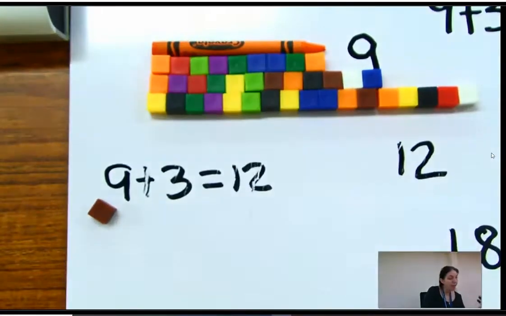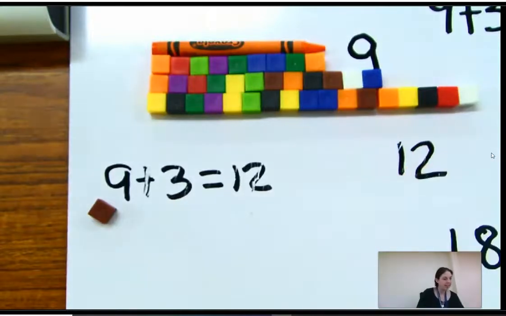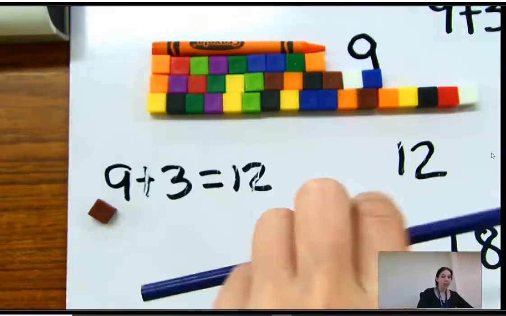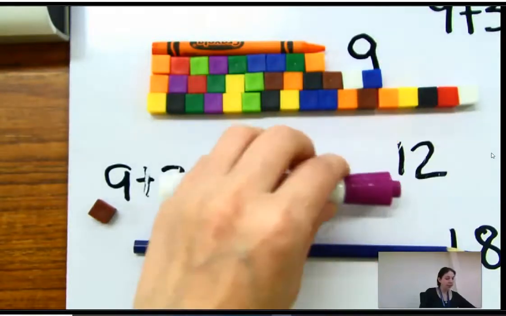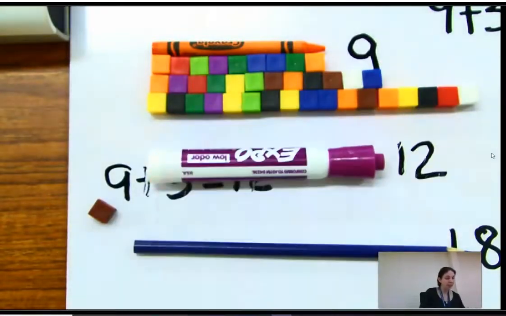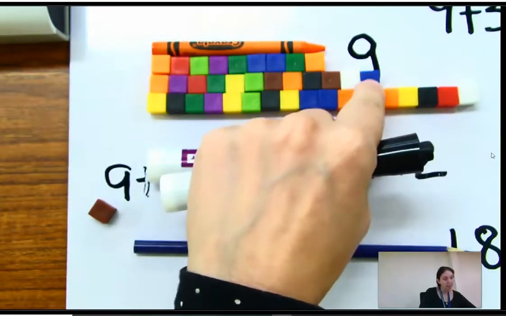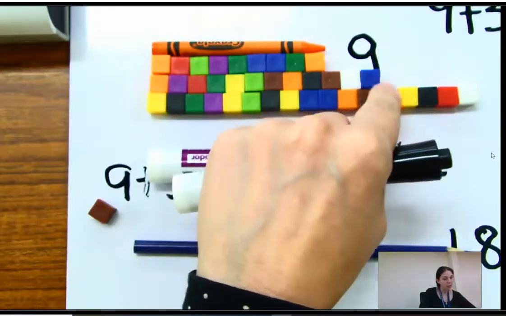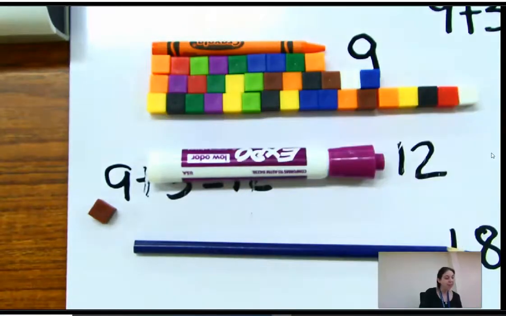It's so much longer. Look how long this one is. Oh my goodness. Let's see how many more we needed for the colored pencil than the marker. Okay, so this was the marker right here. Let's see how many more we needed. 1, 2, 3, 4, 5. We needed 5 more